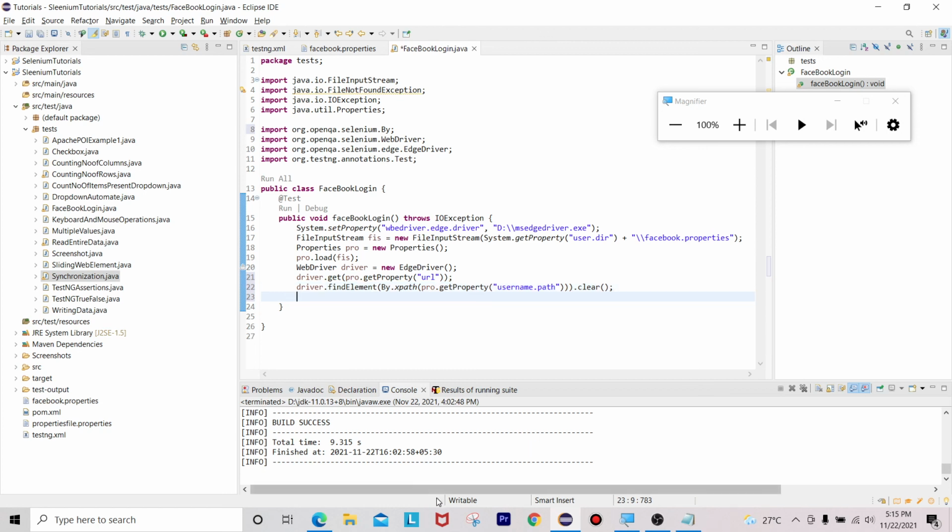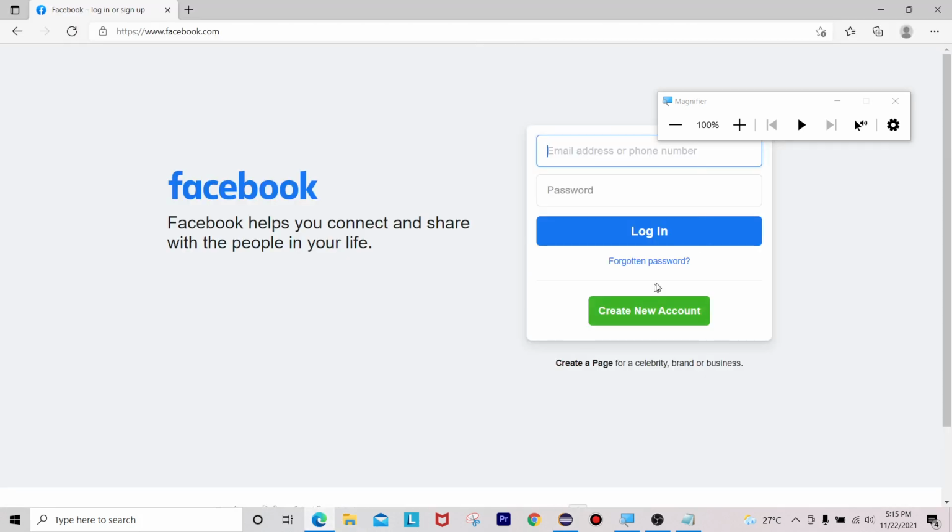For example, the first time it will automatically store your email address or something, so the next time you open the browser, it will give you the same username. Because of that, I want to perform a clear action on this. If I want to enter some new username, that's why I want to clear here. Then only can I enter another username,